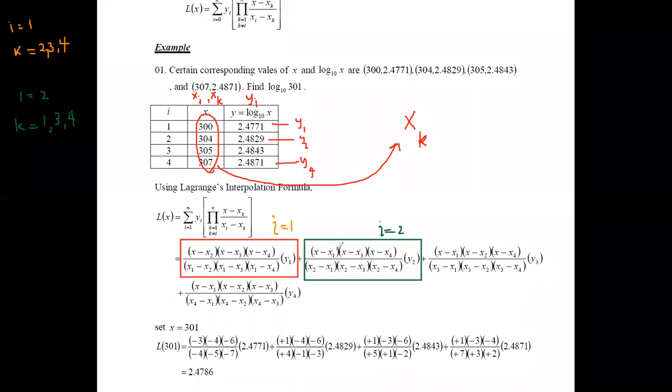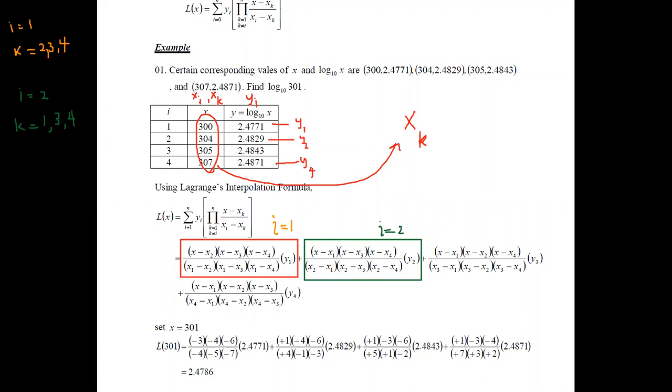Then to write the numerator, what you can do is replace x2 with x. It is quite easy. It is x minus xk for the values you have identified for k. It is x minus x1 into x minus x3 into x minus x4, and the total has to be now multiplied with y2.